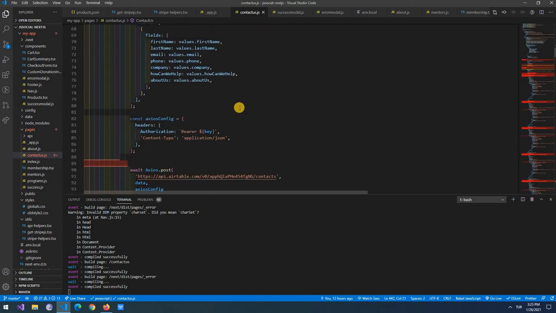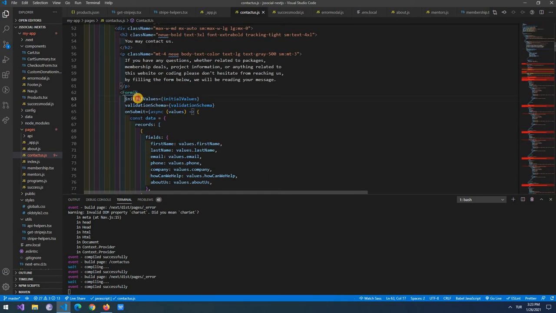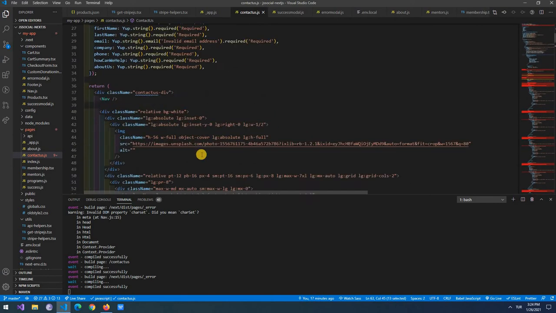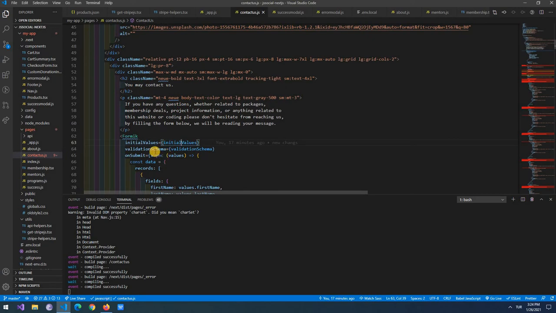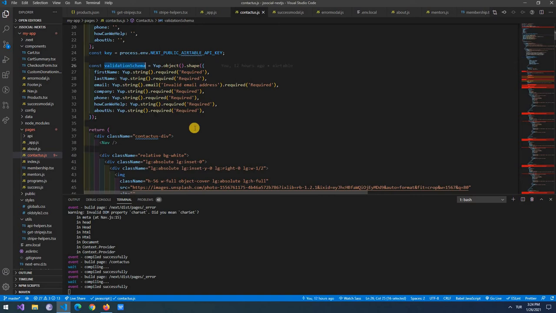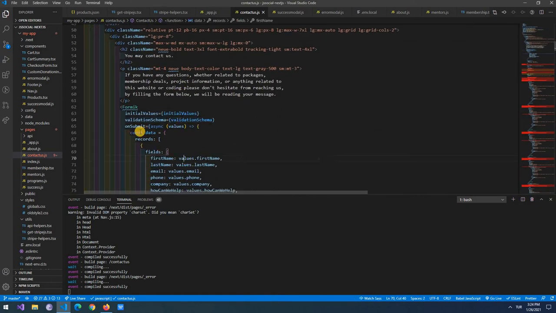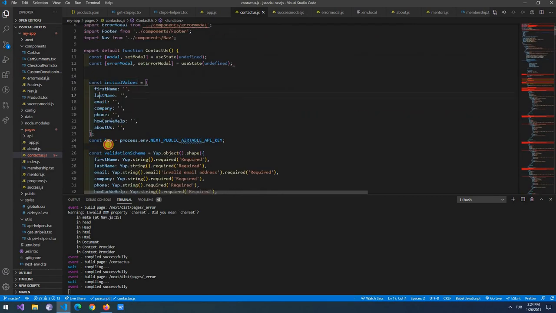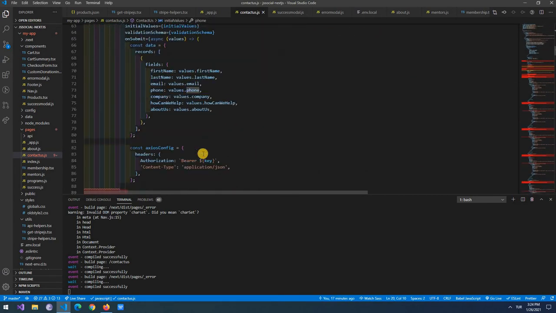Okay, so how are we going to use this Formik? I declare my initial values and I attach these initial values here, so it takes the values from there. I initiate a validation schema and I take this validation schema as its value, and I declare an onSubmit function here. It's an asynchronous function. So when I say values here, this is actually the whole of the state, like all values of the state. These are inside of this values